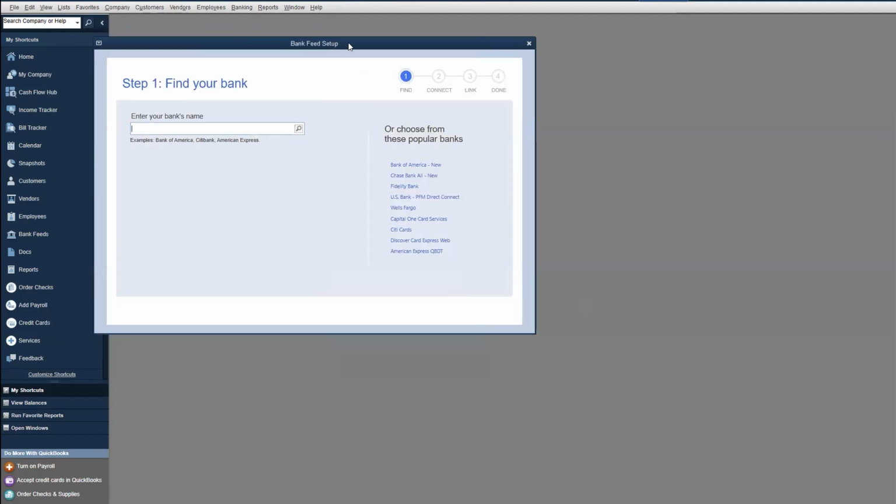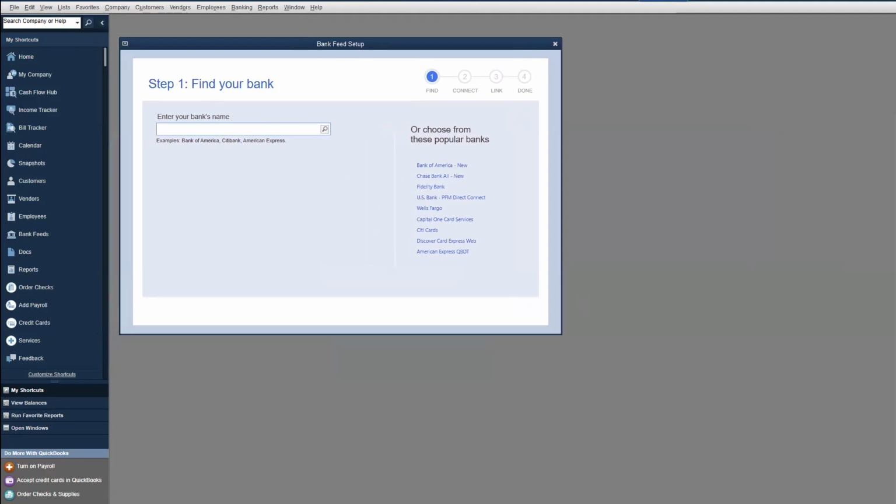The first step is to find your bank. Type Triangle Credit Union into the text box. You'll see a list of options in the drop-down menu. If you use Triangle's consumer banking platform rather than the business banking platform, select Triangle Credit Union DCQB or Direct Connect QuickBooks. If you use Triangle's business banking platform, select the Triangle Credit Union BBDCQB for Business Banking Direct Connect